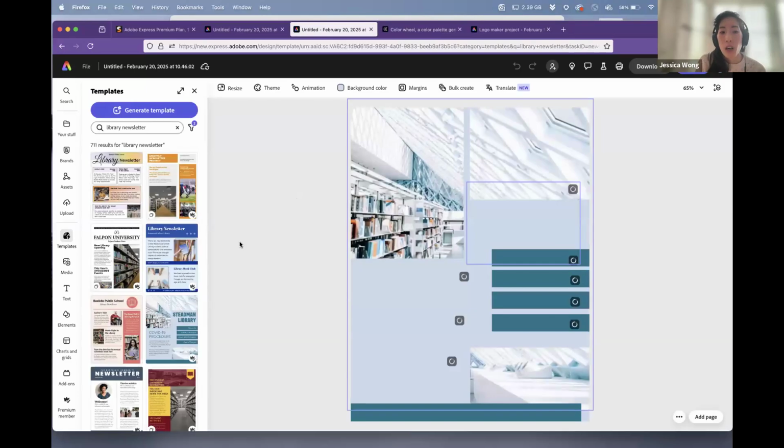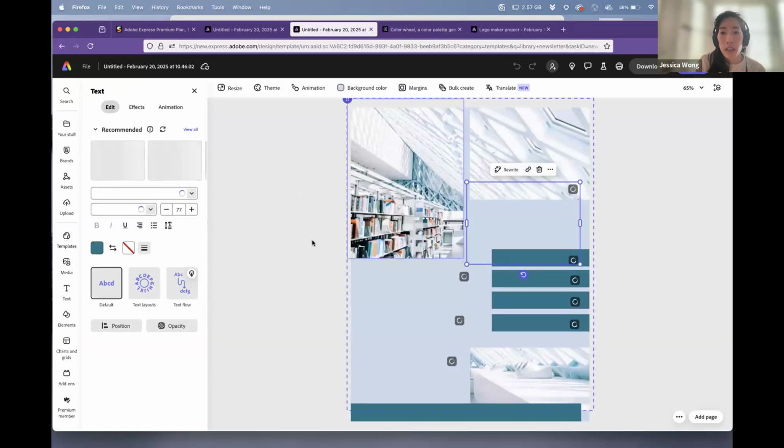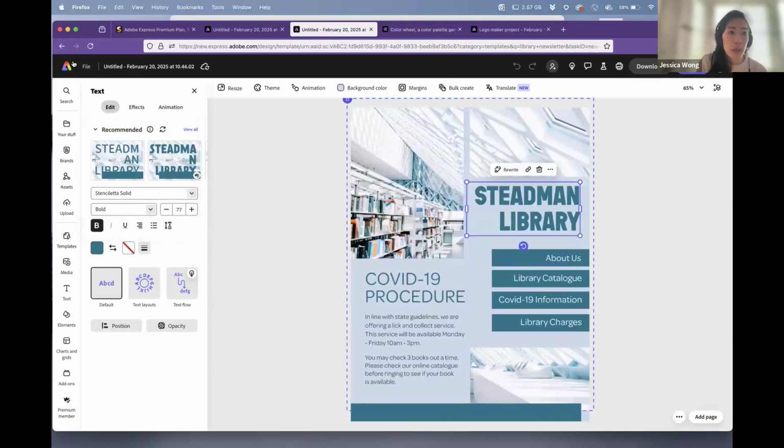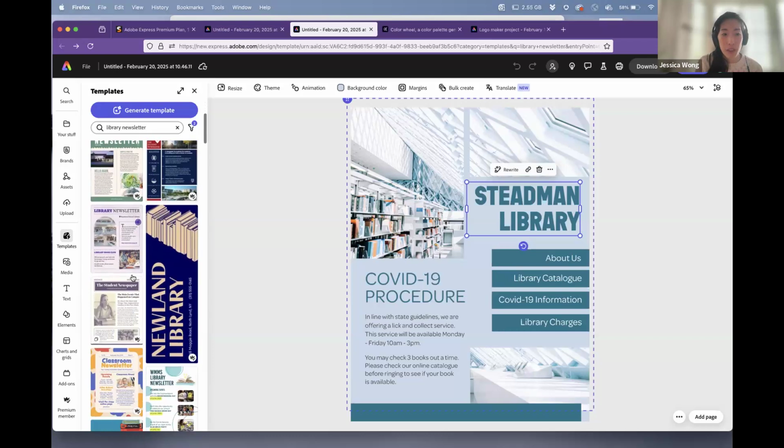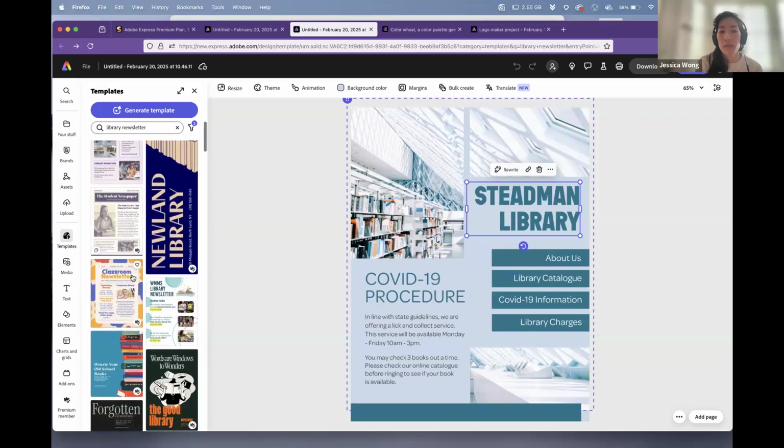And this is also to note, let's see, if we go back, I wanted to show you one thing. If you see these icons with a little crown and a check mark, it's kind of hard to see, but that means that's a premium asset. And so with your Adobe Express premium offer, you have access to all templates. You have access to everything.